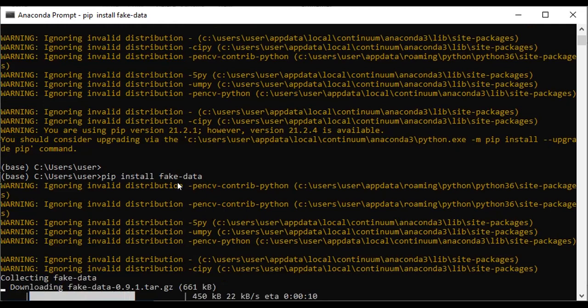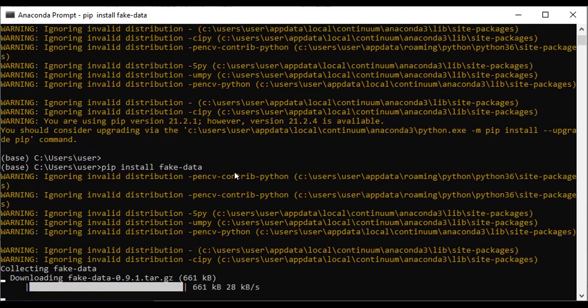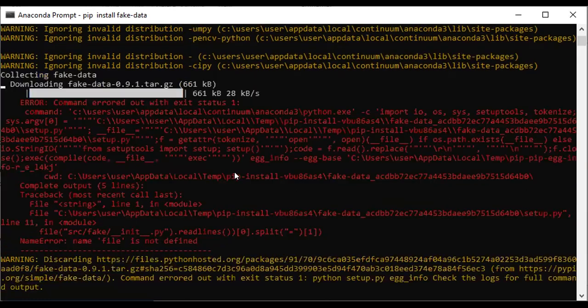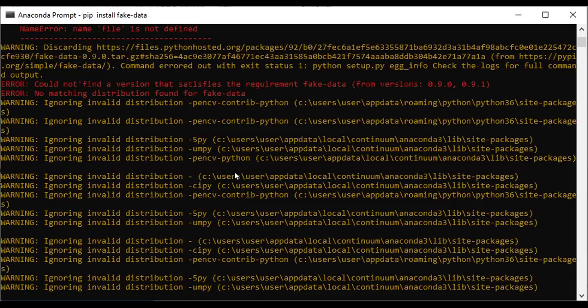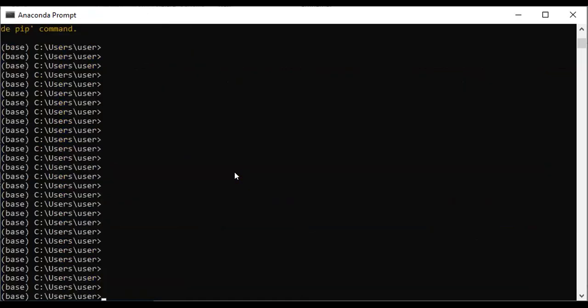Initially, if I try to import faker, it's not going to import it. But after I do this, I can now import that particular library that I've downloaded. So it's already downloaded. But you can see that it downloaded for previous versions. It comes with a lot of warnings. Okay, I couldn't download. See, you have to use this version.